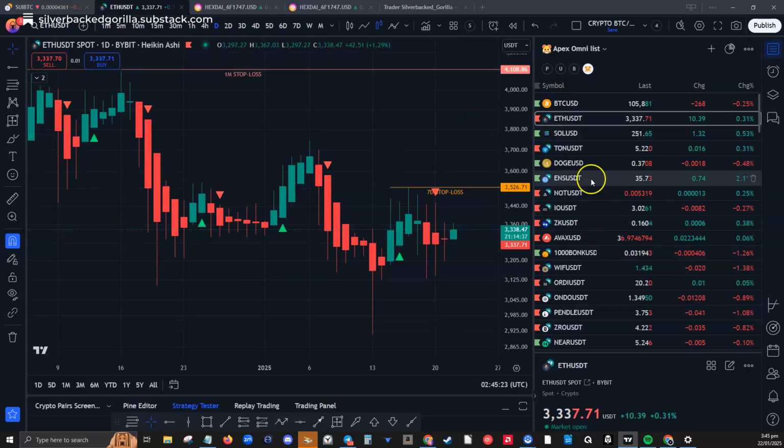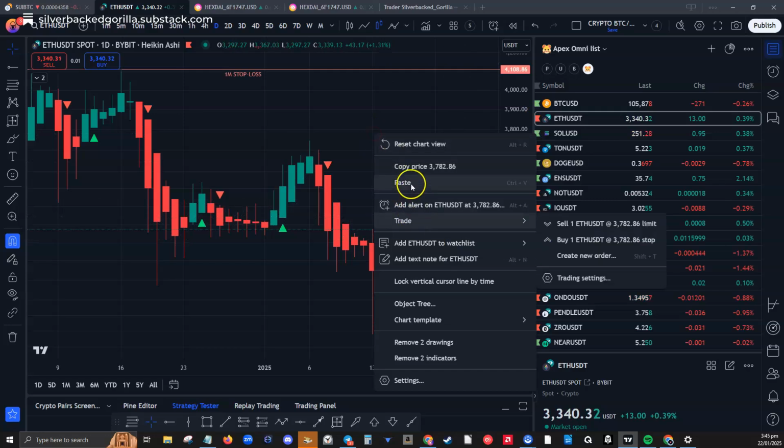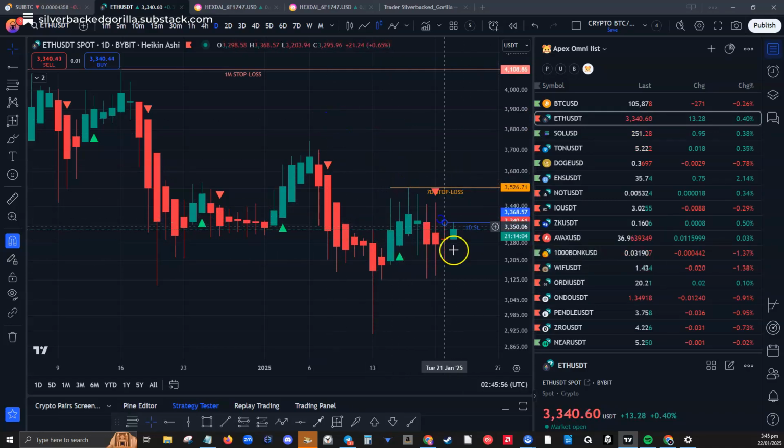Ethereum. We can see that we do have a stop loss up at this level, outside the price range. So we're actually short on the weekly, but I think on the monthly we're a little bit long. Anyway, on the daily we're short. On the weekly we're short, and then on the daily we're also short. So let me just put this up here. So I would actually be short from there with a stop loss level of